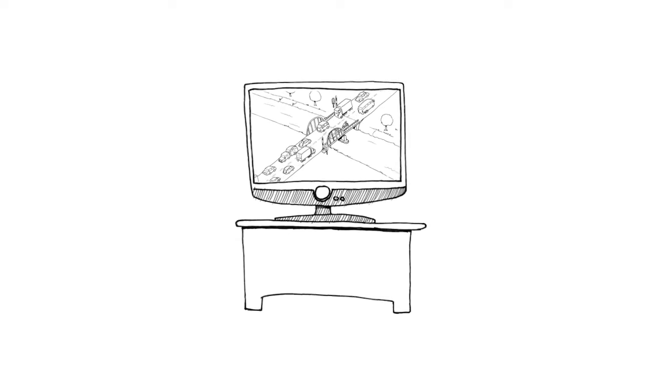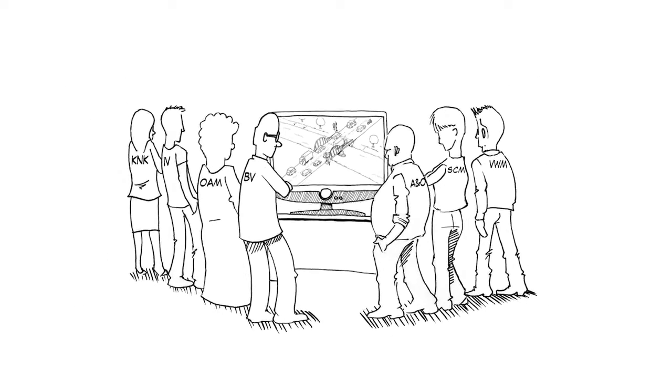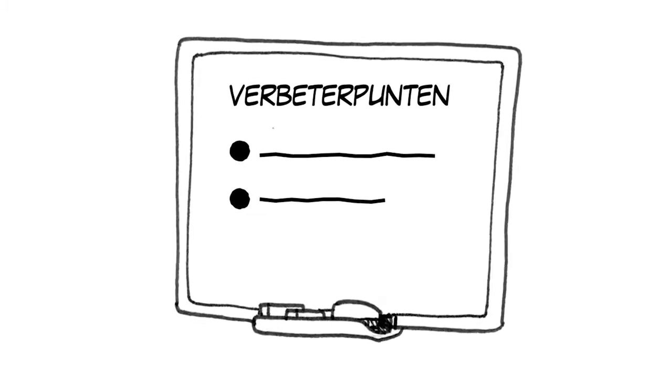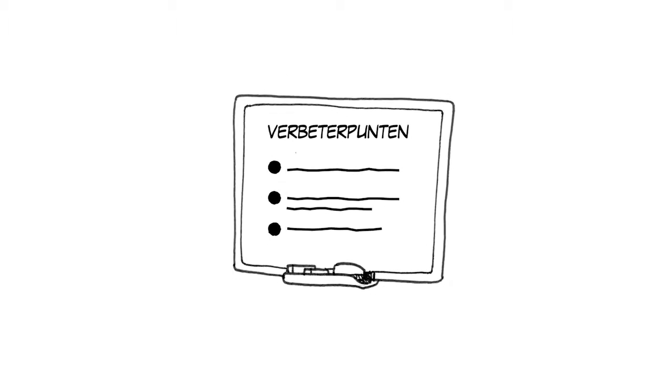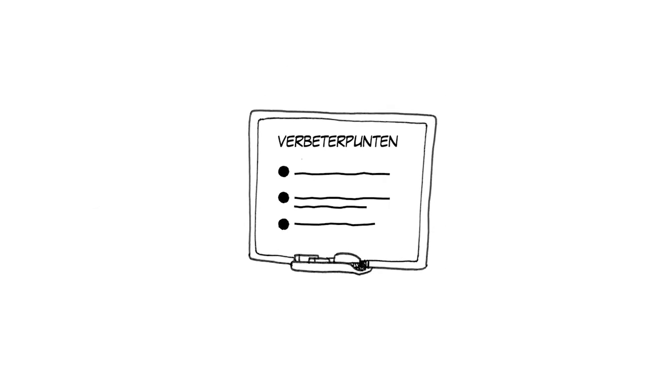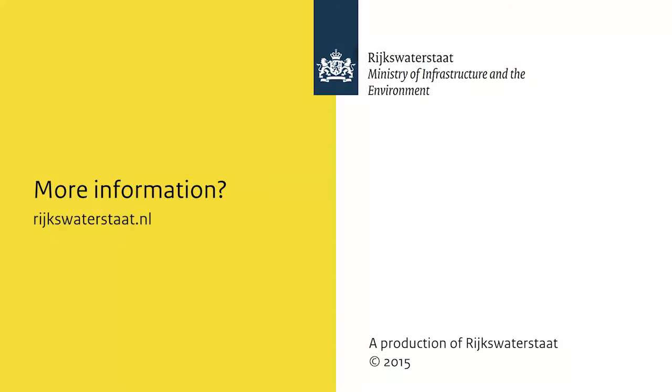If the biggest problems have been resolved and media attention decreases, the other processes are once again put into operation. Behind the scenes, crisis management and the other processes record their experiences to improve their response to future crises. This is how crisis management contributes to one Rijkswaterstaat.